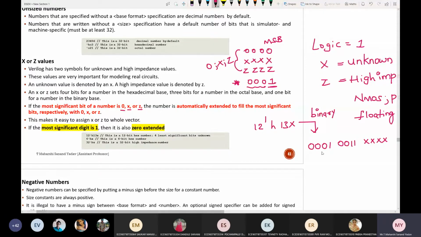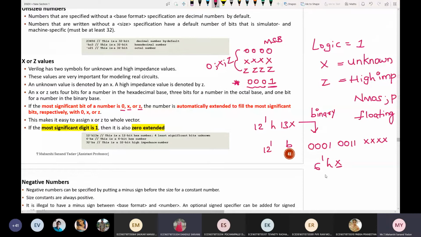Okay, now you tell me the extension for this. It is 12'h or b. What should I take? Done. Next example is 6'hX. What about this one now? 6'bXXXX.